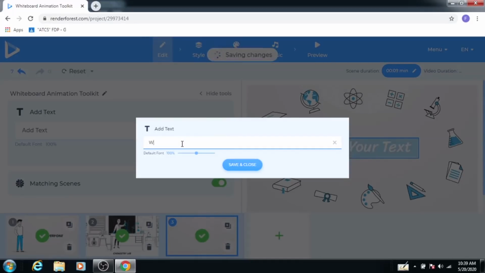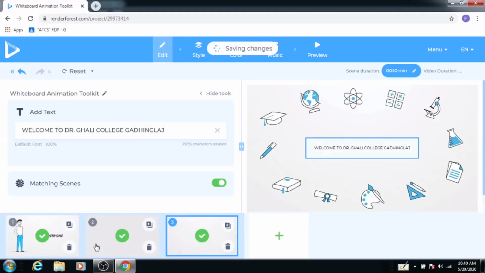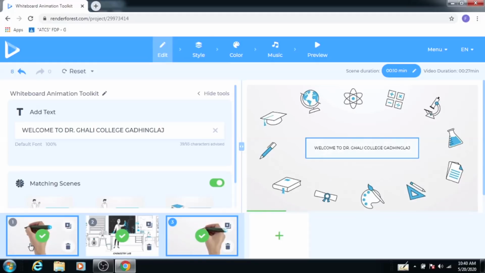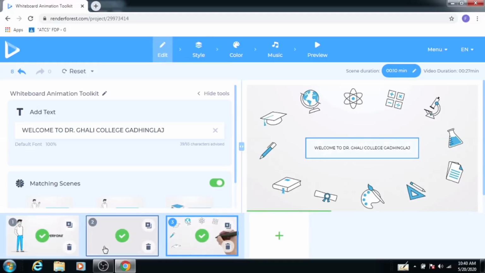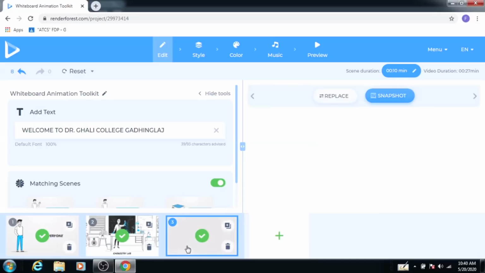So I'm going to type here. Now click on save and next. Now you have this first animation, second animation and third animation.